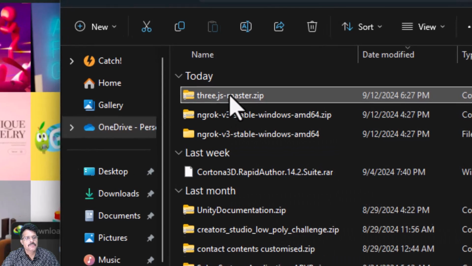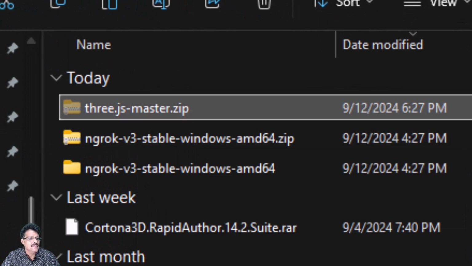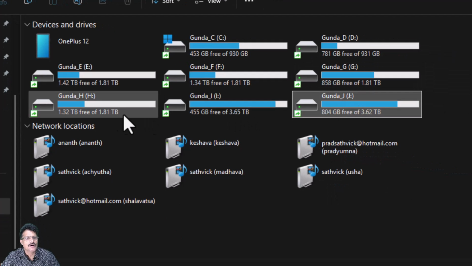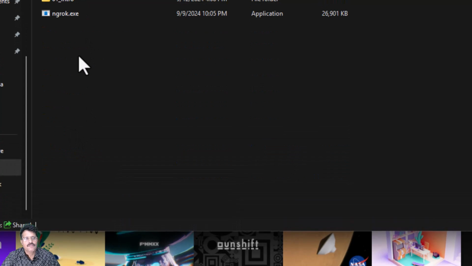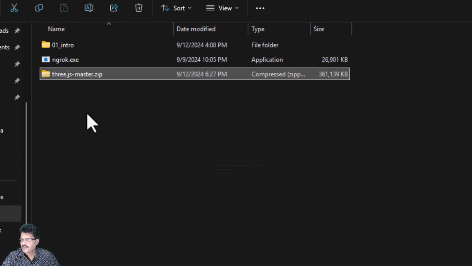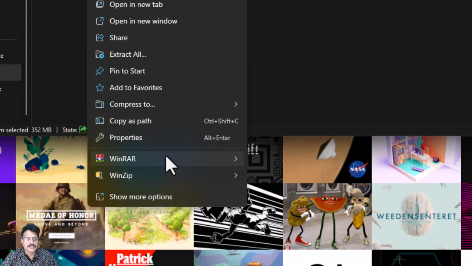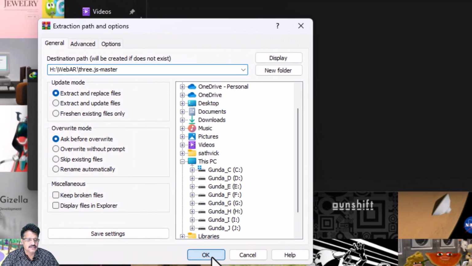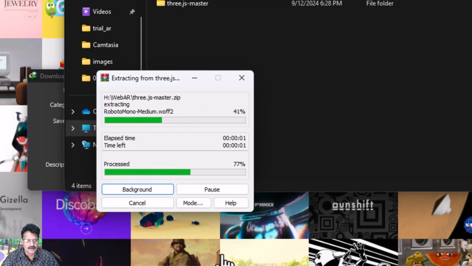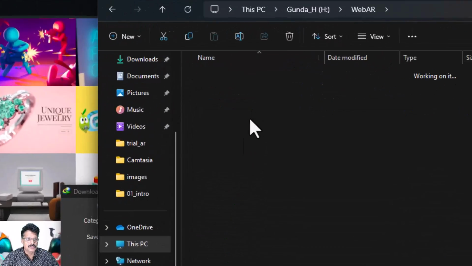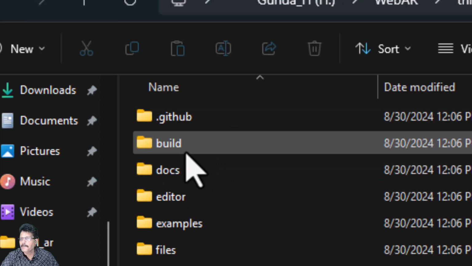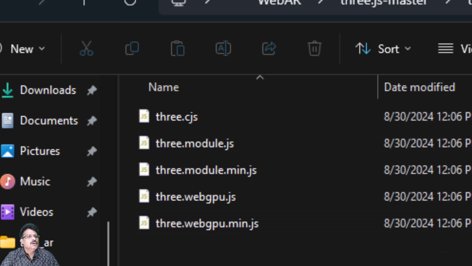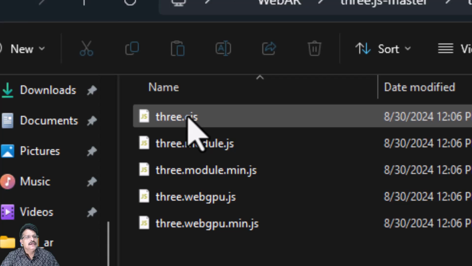You have this Three.js master. I will just cut it and I will come into my PC, and in your folder you can just put it, for example in your WebAR folder itself, you can just paste this zip file. Okay, and if you just unzip this file, I'll go to WinRAR, extract files, and if I unzip this entire file, now inside this Three.js master, one basic thing that you find is a folder called build, and inside build you have the actual Three.js file,